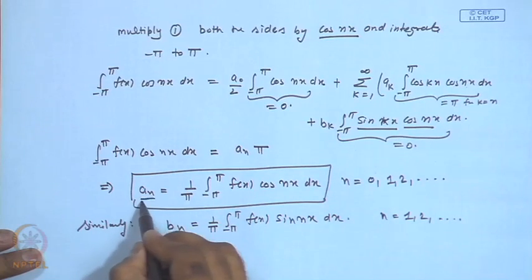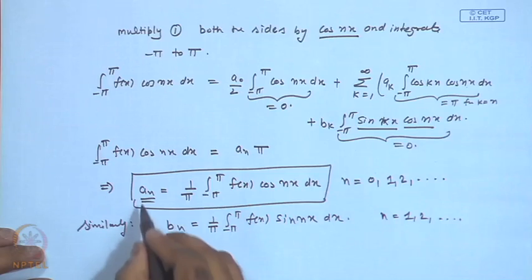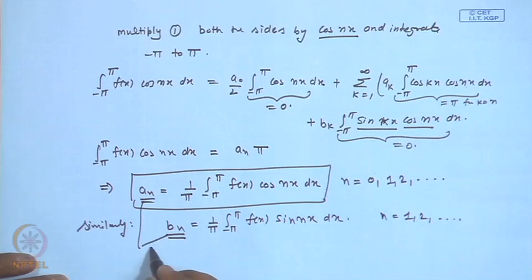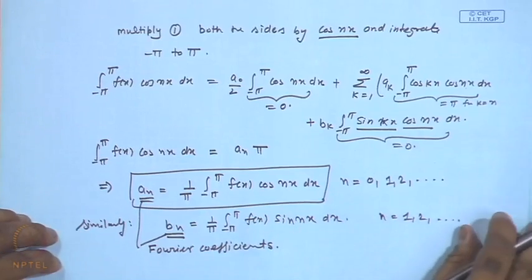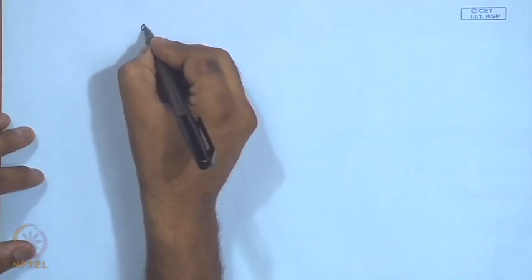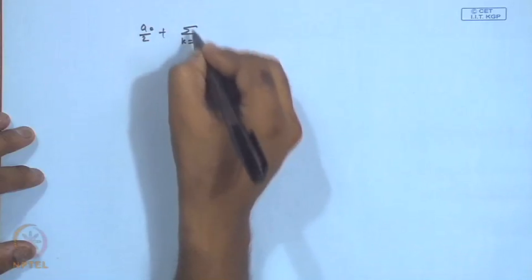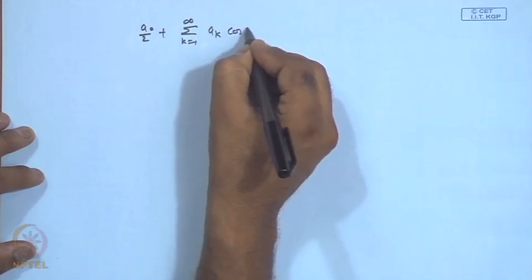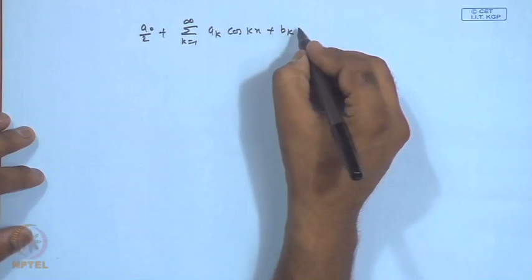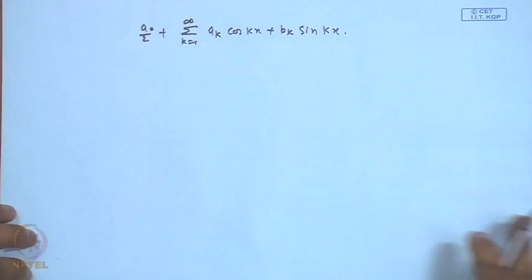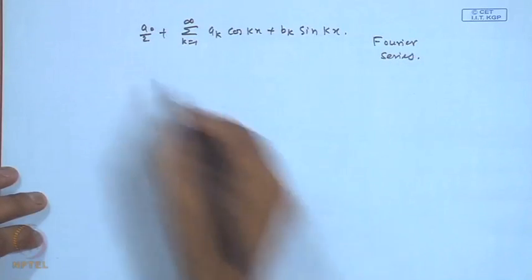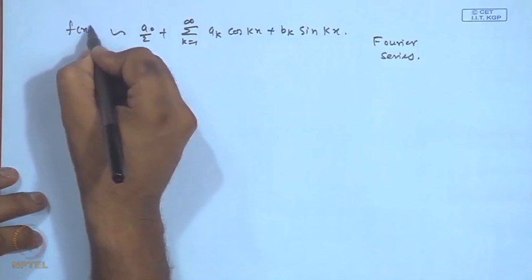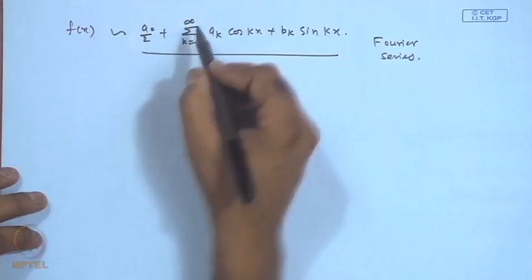So, these coefficients, this a n and b n, are called Fourier coefficients, and the trigonometric series, this a naught by 2 plus the sum from k equals 1 to infinity of a k cos k x plus b k sin k x, is called the Fourier series. And we normally denote it by this tilde. So, f x tilde, this is the Fourier series for f x,